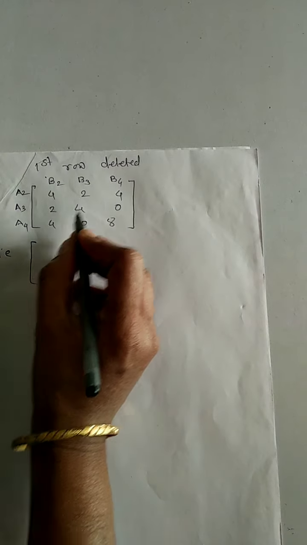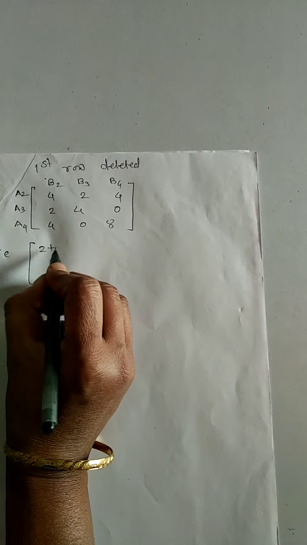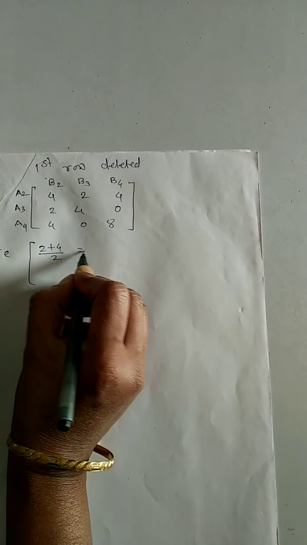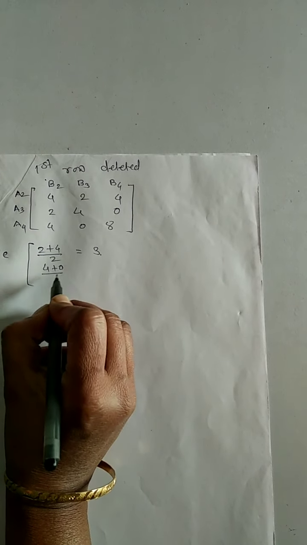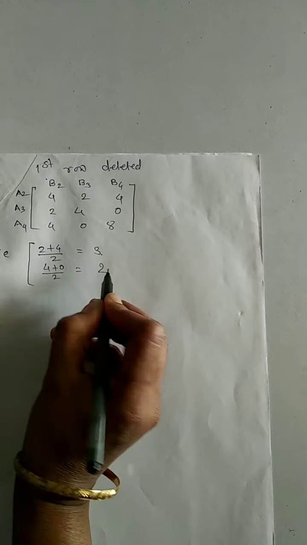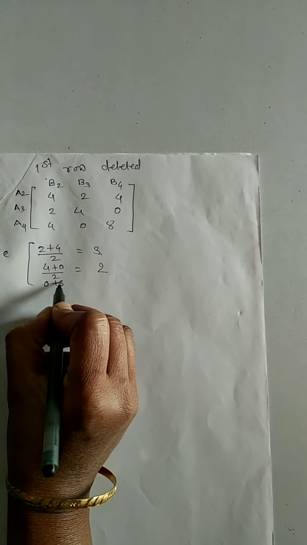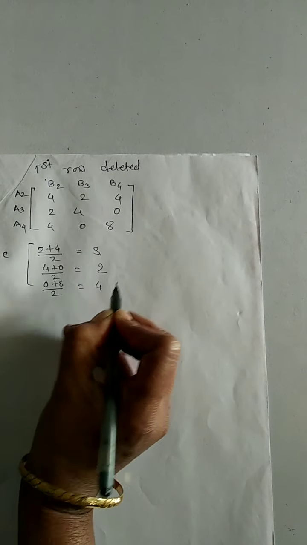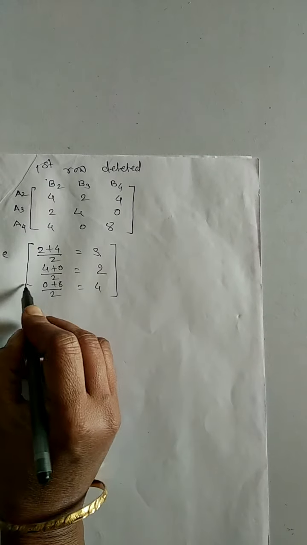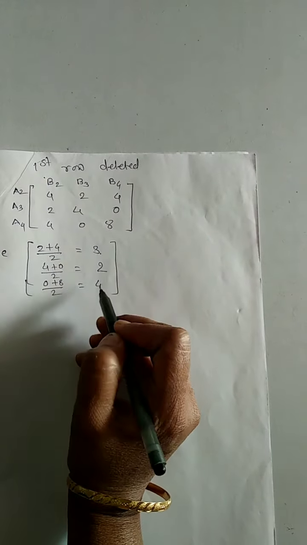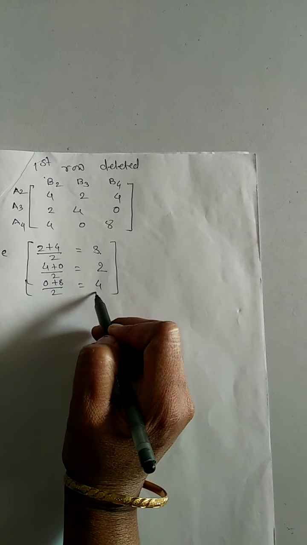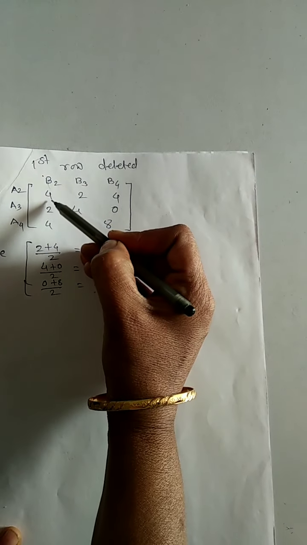Average of third and fourth column is (2 plus 4) divided by 2, that is equal to 3, (4 plus 0) divided by 2, that is equal to 2, and (0 plus 8) divided by 2, that is equal to 4. Therefore, the average of the third and fourth column elements is 3 2 4,